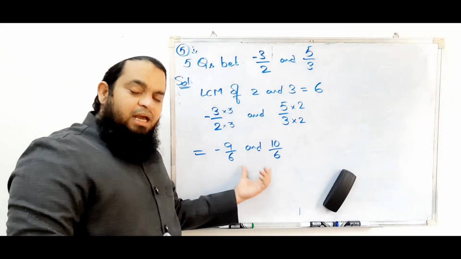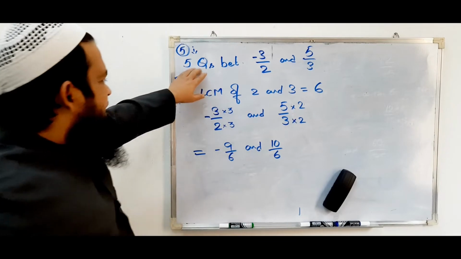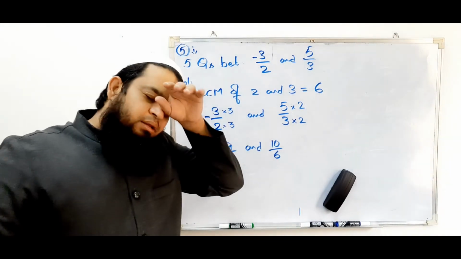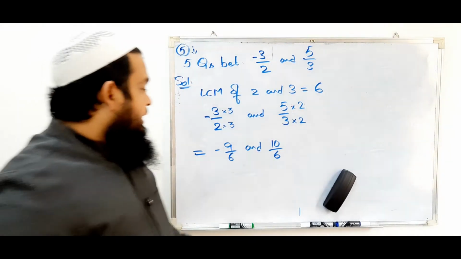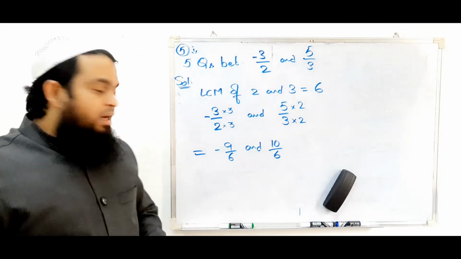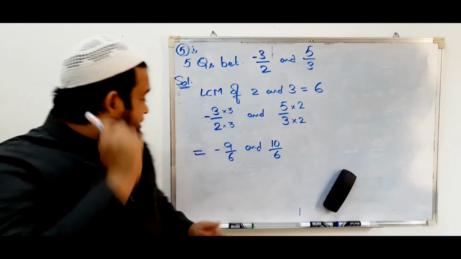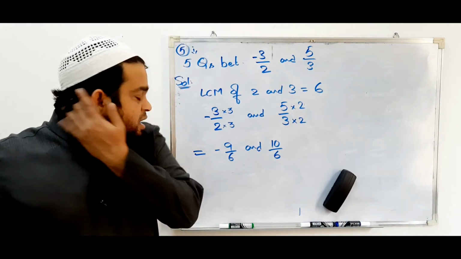Now they are equal, like fractions, like rational numbers with same denominators, right? Now, how many rational numbers you want? 5. You can take minus 9 to 10. Here there are more number of rational numbers, right? Nearly 18 you have. So let us check. Rational numbers between minus 9 and 10.